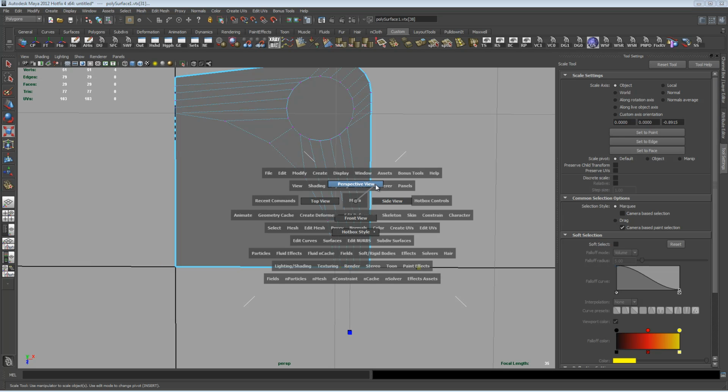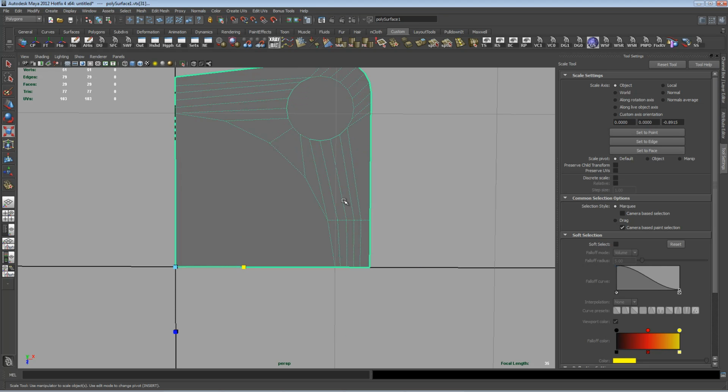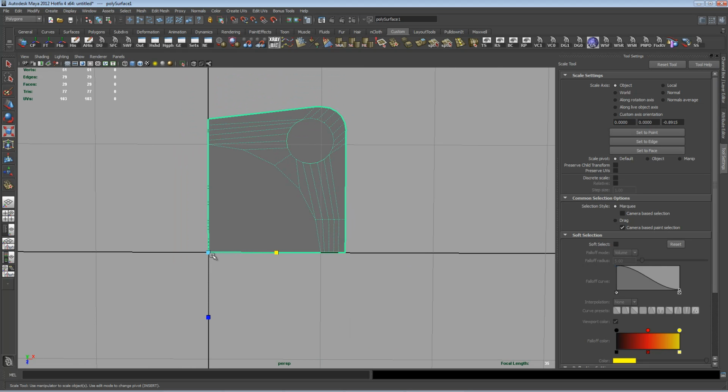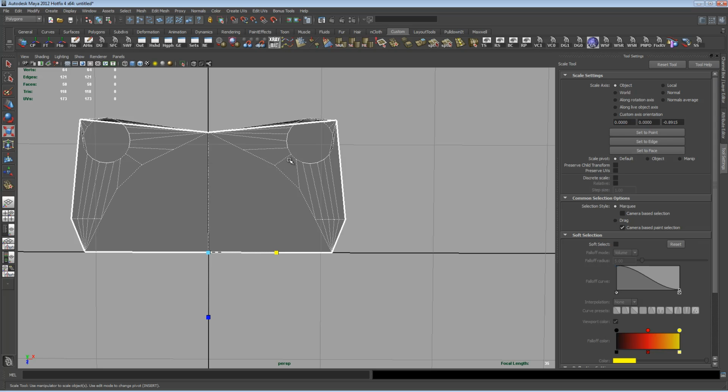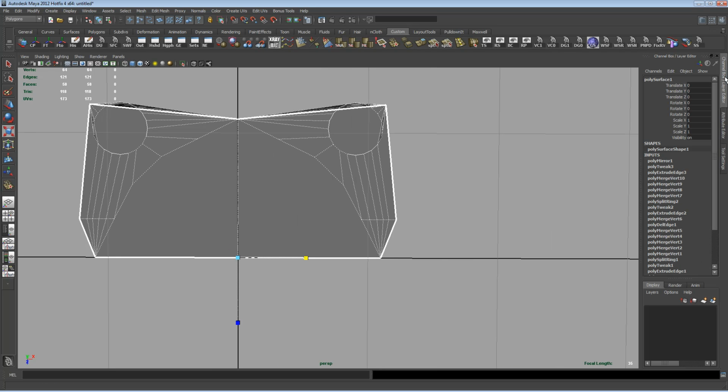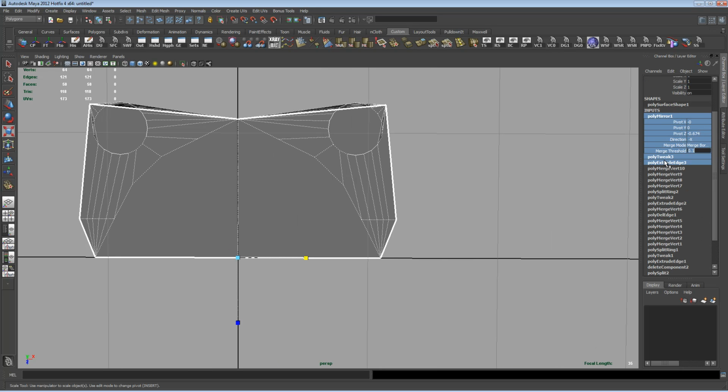And so now the next step is, we're getting close to finishing this up. If I take this guy now, it's at the origin, so if I come in here and I say mirror, and I mirror on -x. Now when you mirror, it's going to also try to merge vertices, and there's no way to do this in advance to set this threshold up. If I pick the mirror node,